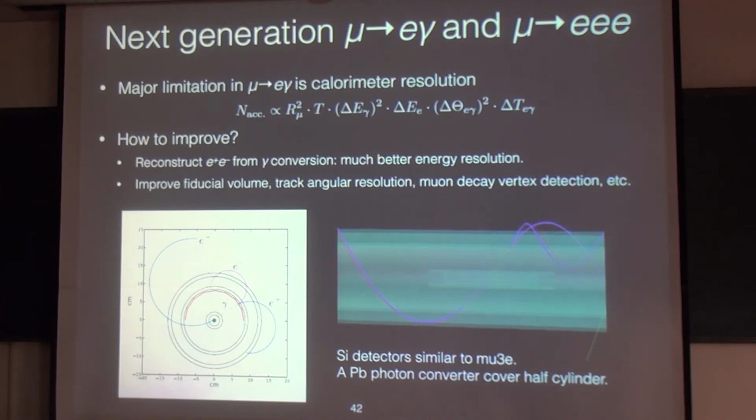Okay. So to attack this problem, one thing you can do is reconstruct the e+ e- pair from the gamma conversion. So you actually measure the tracks of this pair. So it has much better energy resolution than the calorimeter. So our design is that here is the target and 2 layers of silicon close to the target, and we put a heavy converter. Here is the lead